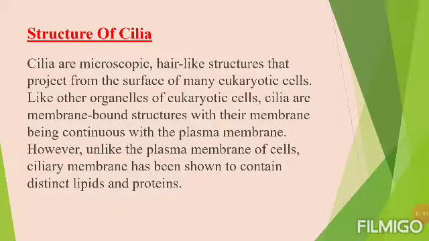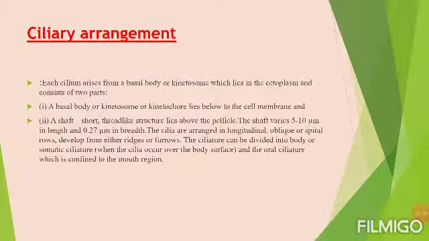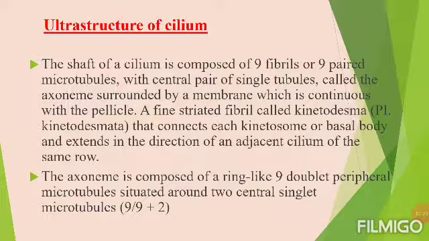The 9 pairs of peripheral fibrils fuse together to form the wall of the kinetosome. Thus, kinetosome is a tube which is either open or closed at its lower end. The 2 central fibrils stop at the level of the pellicle in most ciliates, arising from the kinetosomes in a thin rhizoplasm which does not join the nucleus.